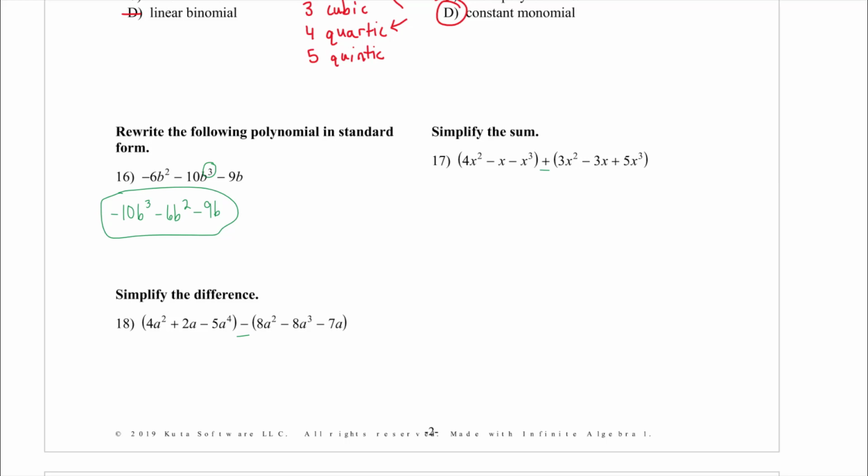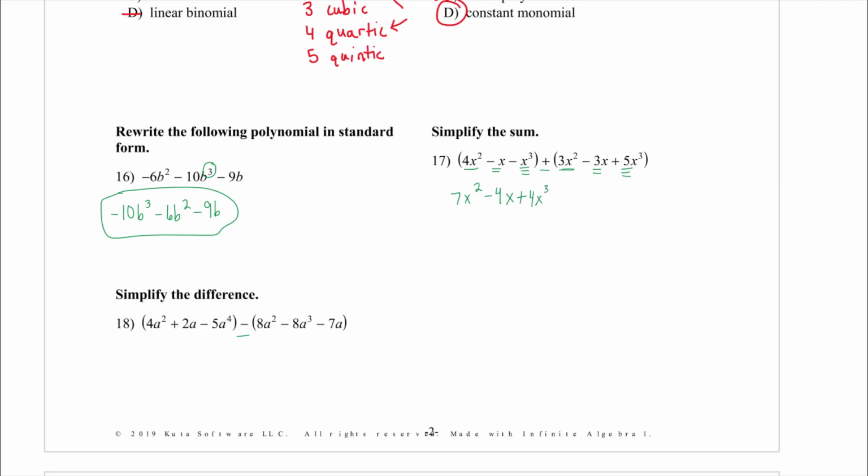So for instance, 4x squared and 3x squared are both x squared, so we can add them together. You're not allowed to add together an x squared and an x cubed, or an x squared and an x. They have to have the same letter and the same exponent. So 4x squared plus 3x squared equals 7x squared. Then we would do negative x and negative 3x, which gives us negative 4x. And then negative x cubed and 5x cubed gives us